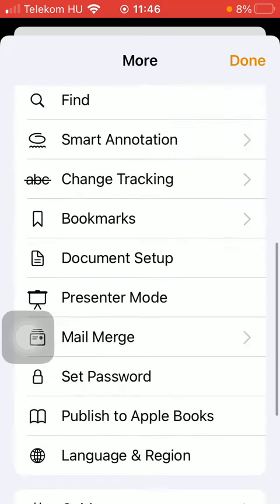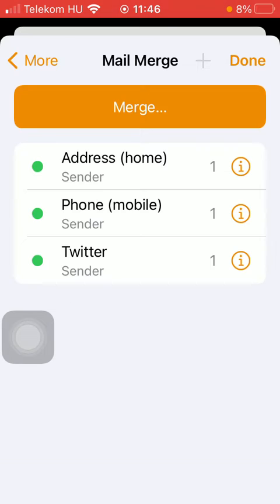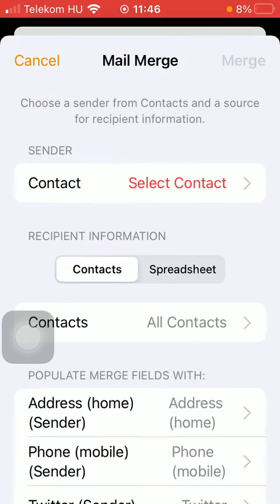Scroll down till you find this mail merge option, meaning that here you can add the merge field where you can put in your email template, mail merge template, custom link, formula, and so on. So tap on merge. Click on OK, and here you should